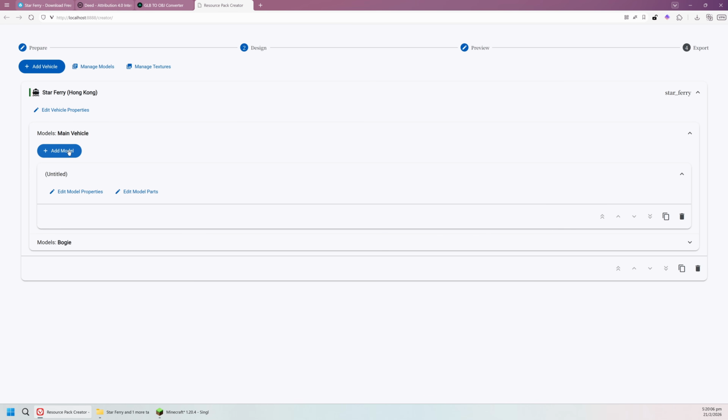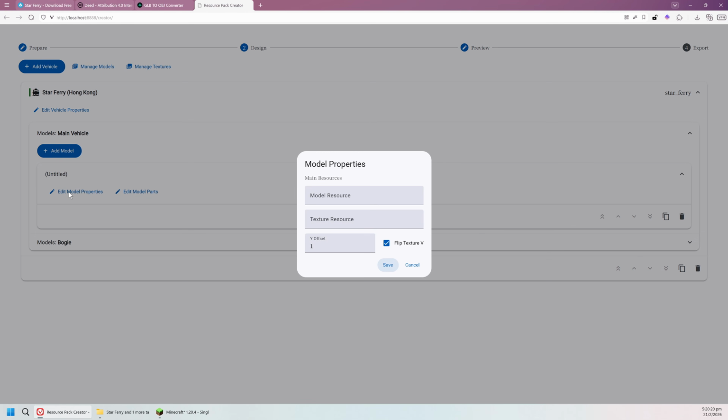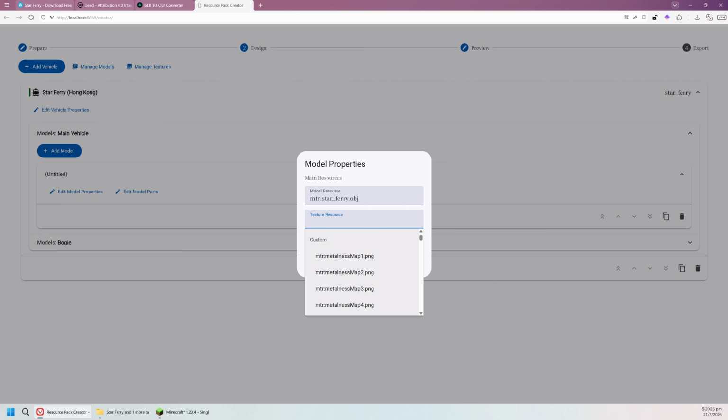the main vehicle model. So when you make your OBJ model, you can have different groups in there. That's kind of similar to the folders in Blockbench. So let's specify which model we're going to be using first. So the Star Ferry, and the texture resource doesn't really matter right here because it's not going to get used anyway. So I'm just going to select